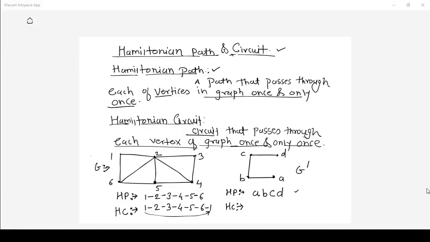We'll check for a Hamiltonian circuit. Let us say I'll start from vertex A, then go to vertex B, then vertex C, then vertex D. Now to make it a circuit, I have started at vertex A, so again I should come back to vertex A. I have now reached vertex D and I need to go to vertex A. To go to vertex A, I need to follow the reverse path: from D, I need to come back to C, then C to B, and then B to A. So C and B are repeating, which is not allowed. According to the Hamiltonian circuit, every vertex should appear exactly once in the path, and hence a Hamiltonian circuit is not possible for this graph.